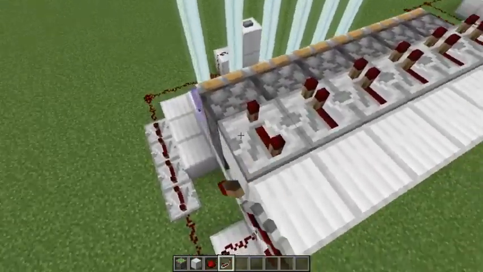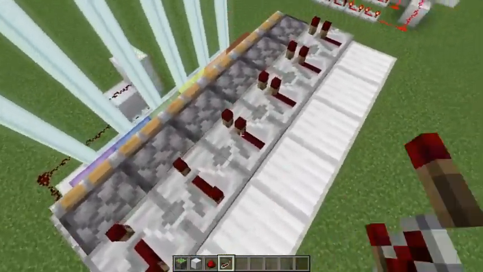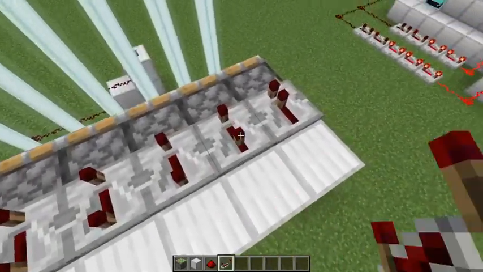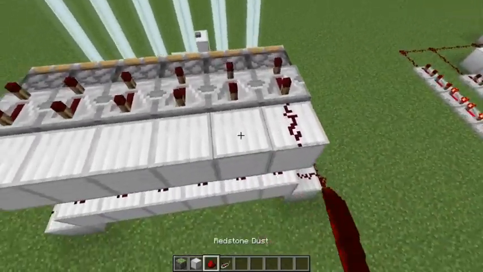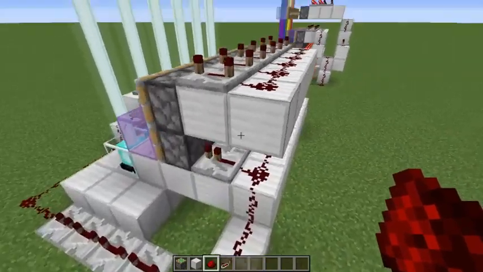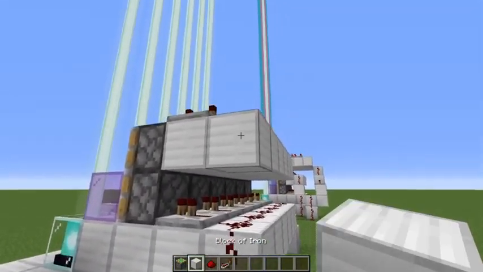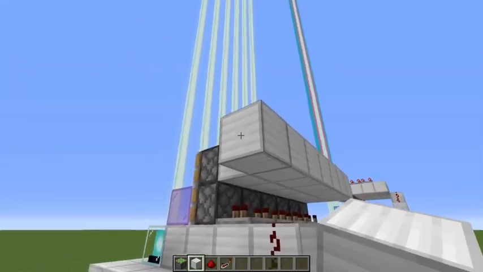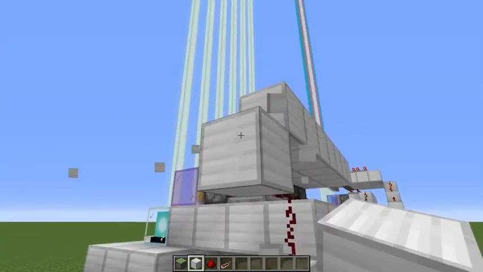However, instead of these being on the first tick, these will be on the 4th or last tick, as seen. Make sure that they are all correct, and then you're going to place a line of redstone right behind it. Now, you're going to take your block of iron, go out 1, and then you're going to go diagonal down,